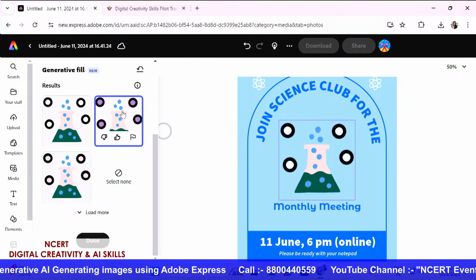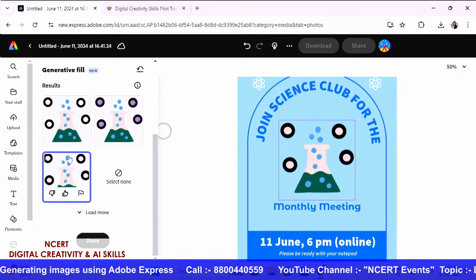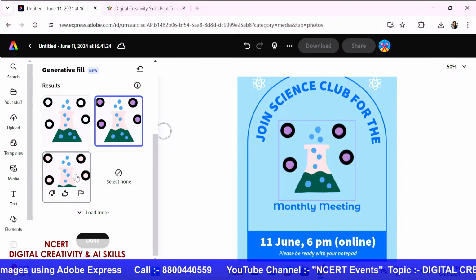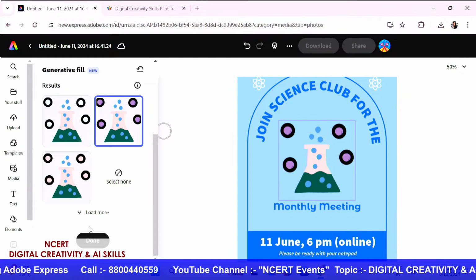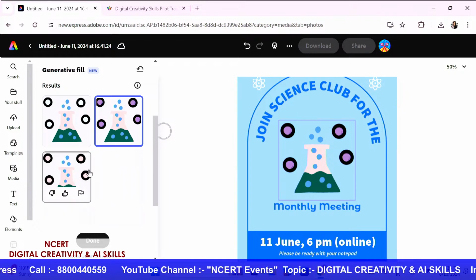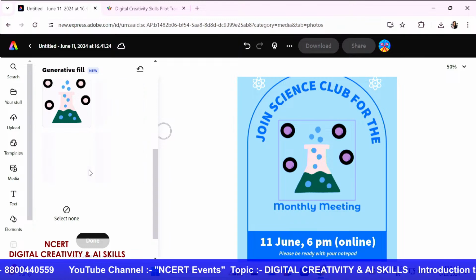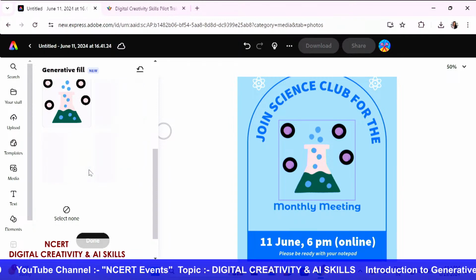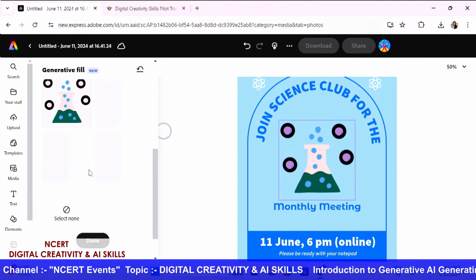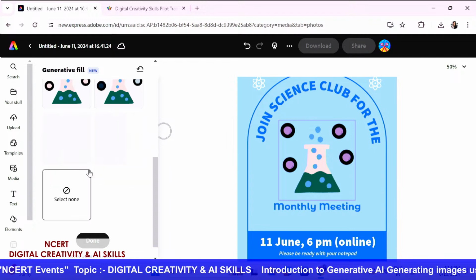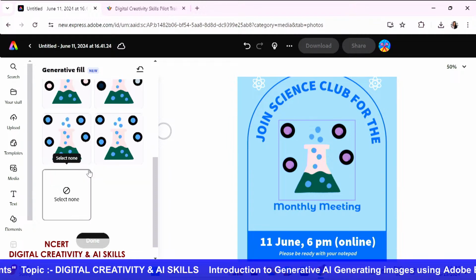And there it is. As you can all see, there are different bubbles that got added. Probably I should have said water bubbles, or probably I should have named it better. But yeah, this is how the generative fill works, that you have to try it with different prompts, try seeing what it is that you want to create, work around different elements, and then sort of come to a conclusion of what you like the best.